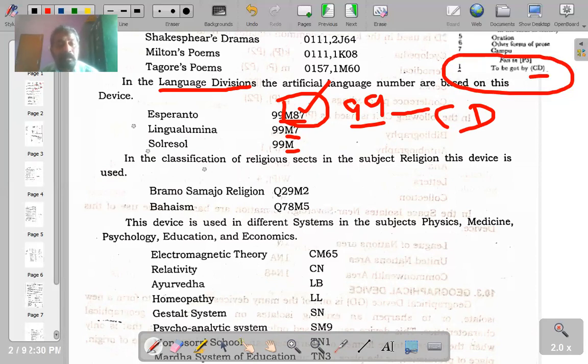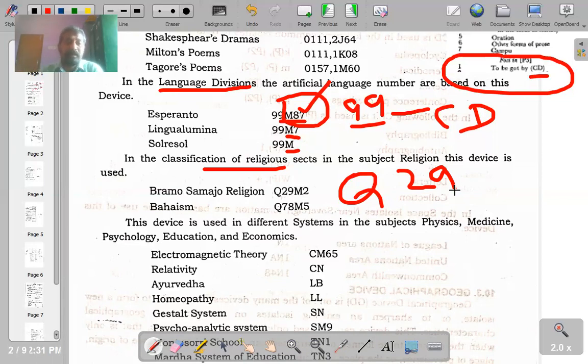Then comes, in terms of classification of religions, see, there is a number called Q29. It means post-Vedic Hinduism, Hinduism after the Vedic period. Now I want to sharpen this isolate. I want to get a number for Brahma Samaj religion. The number is not available. What you can do is that this Q29 can be sharpened using time isolate: in which year or in which century this particular religion was popular or made open to the people.